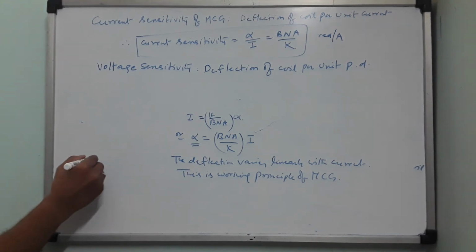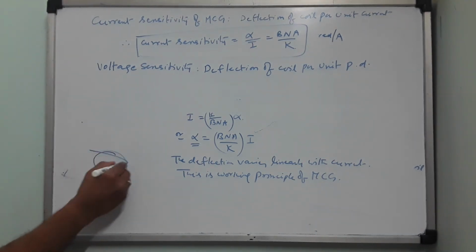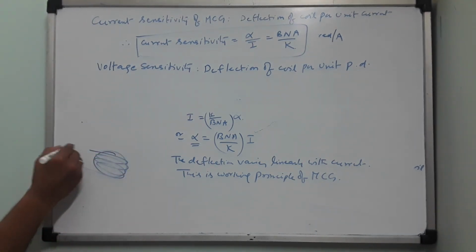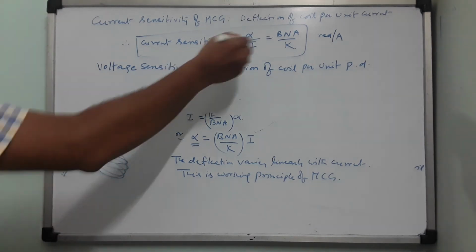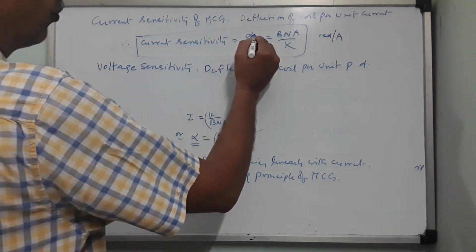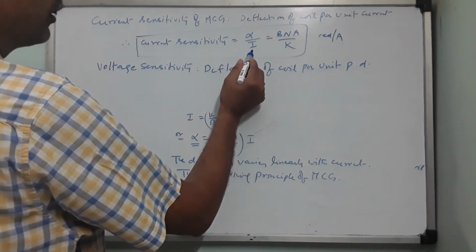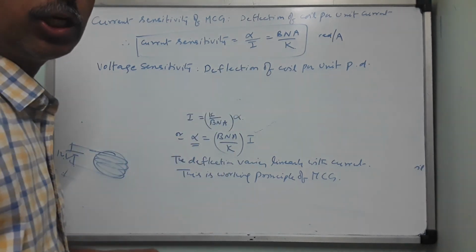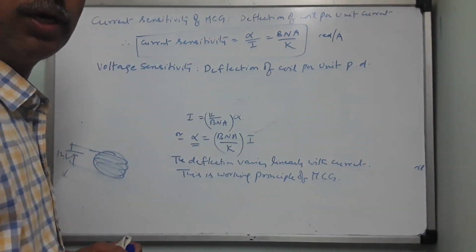Here I have shown you that soft iron cylinder, we wind the coil over it like this, and attach the battery here. So the potential difference is 12 volt. Same thing, 12 volt. So if a coil deflects through a large angle for even a small potential difference, then it is said to have more voltage sensitivity.